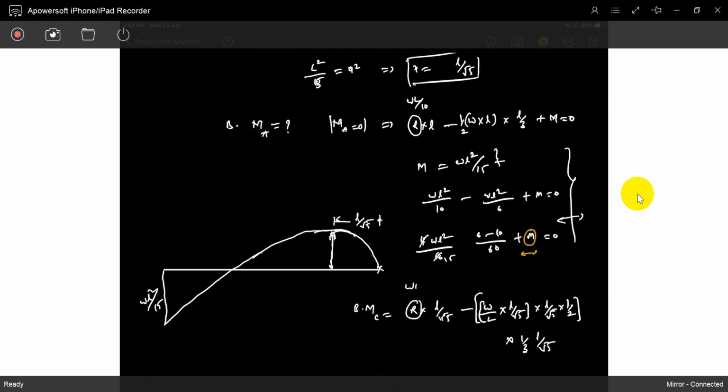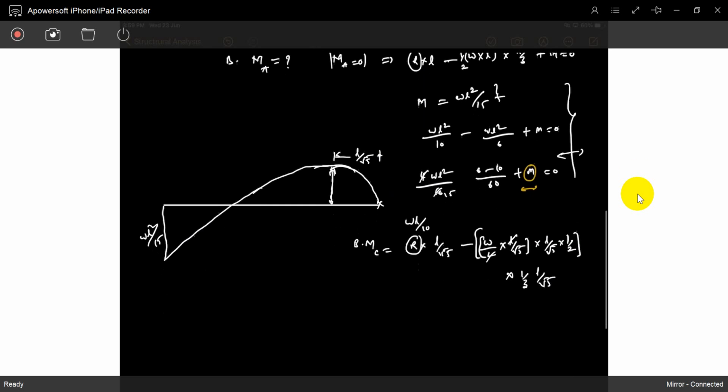If you just place w by 10, the L cancels. See it, this also comes to WL square. Don't think one comes with WL square and one with WL cube. If it comes, you should feel that it is a mistake by you. In any addition or subtraction, both terms have the same degree and same units, as in fluid mechanics. Dimensional analysis is completed: any addition or subtraction has the same units.